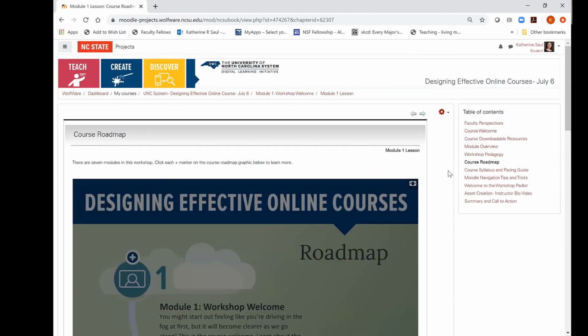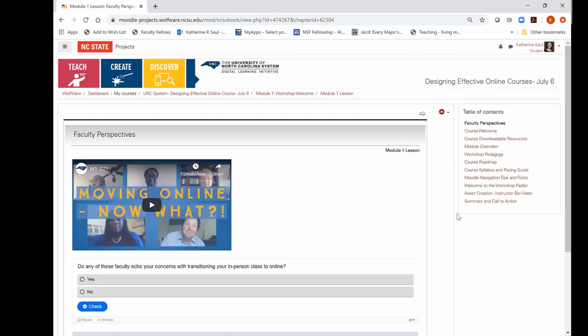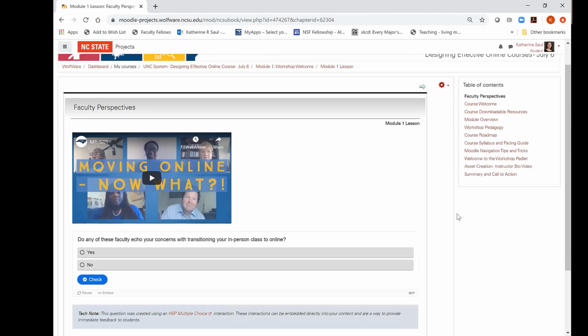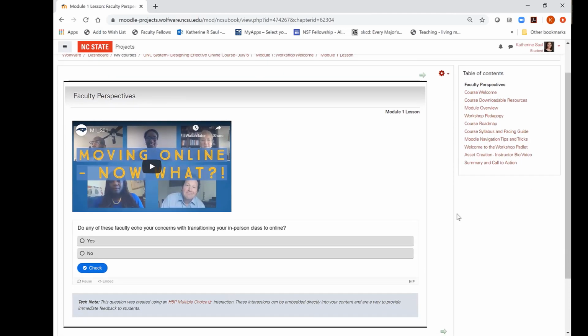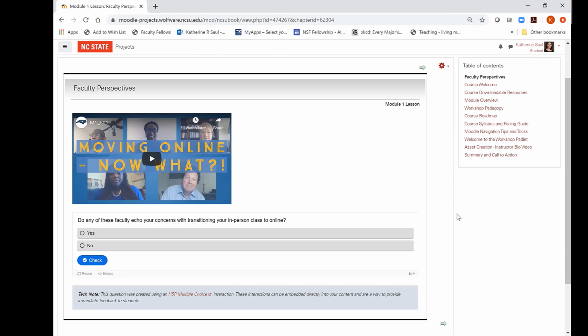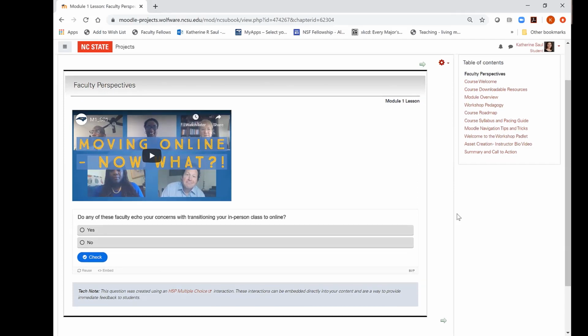In addition to focusing on the pedagogy, we also use this class as a model for how to implement these types of strategies in an online environment. And to that end, we have made a focused effort in every single module to have a similar framework, to have a repeatable navigation, and to have interactive elements that help keep the engagement of the student, you, and move you through the class.